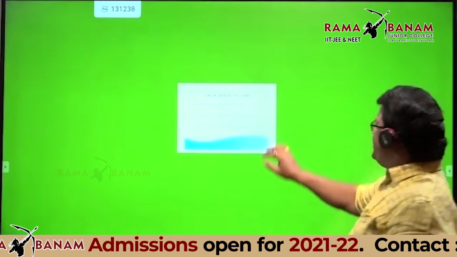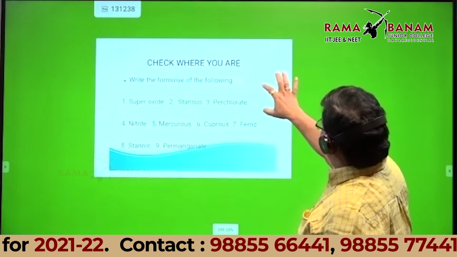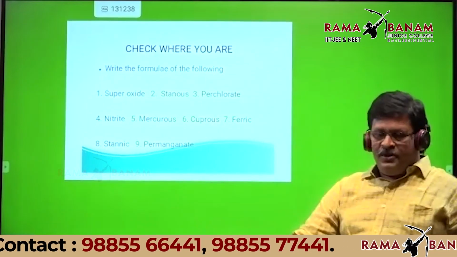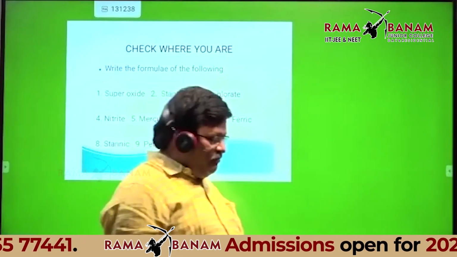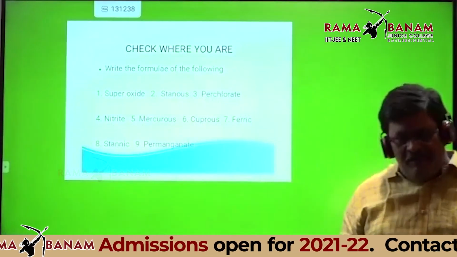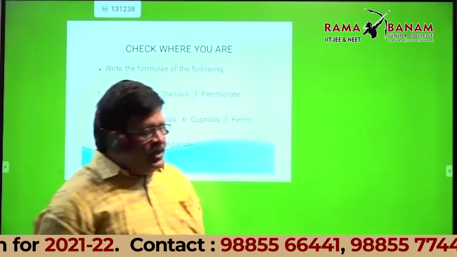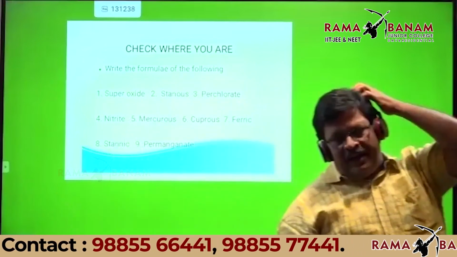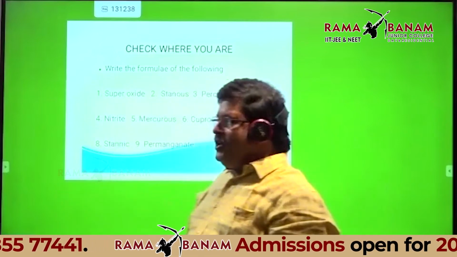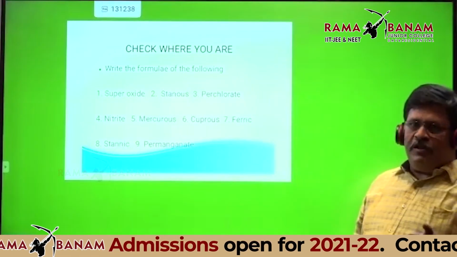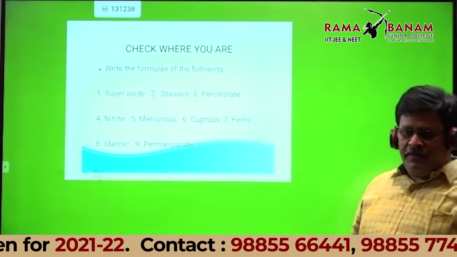This is the surprise, students. This is the third class, I think. We discussed the atomic numbers of the first 30 elements, valency, what is meant by valency, how to write the valency of the element, and then the formulas of anions and cations, and today we started the crisscross method. Now check where you are. Everyone, please close your notebooks. Closed, sir.